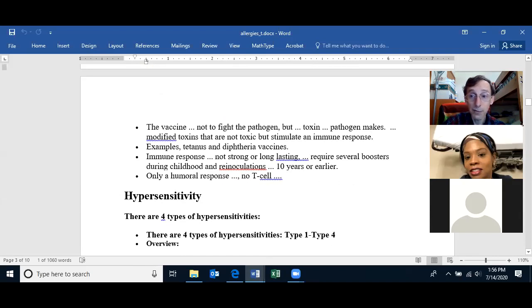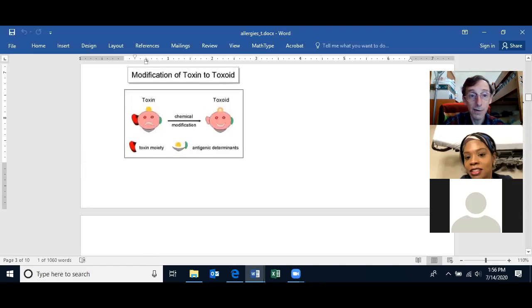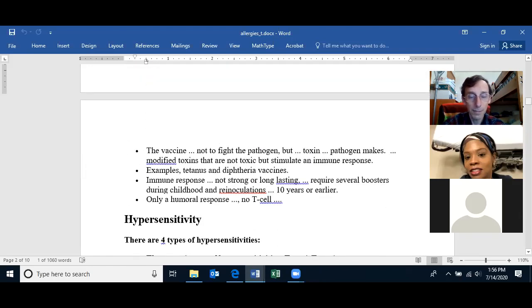The immune response to toxoid vaccines is not strong or long-lasting. So these vaccines require several boosters during childhood, and you need a re-inoculation every 10 years or earlier. Let me think. The tetanus vaccine, yeah, you need to take it at least every 10 years. And I'm trying to remember the last time I had that, if it's been 10 years or not. And most health providers recommend a time lag of less than 10 years. I think it's something like 7 years for the